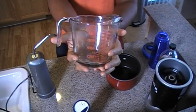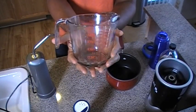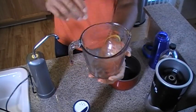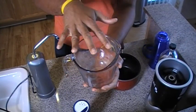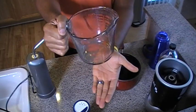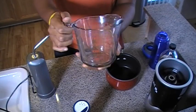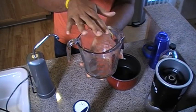What you get is standard issue from Target or Walmart, and it's made out of glass. Nothing is going to stick to glass, and nothing is going to react with glass. Plastic is a whole other thing, so make sure it is glass when you get it. See that? Make sure that it's glass, and you're going to fill this up all the way, 1